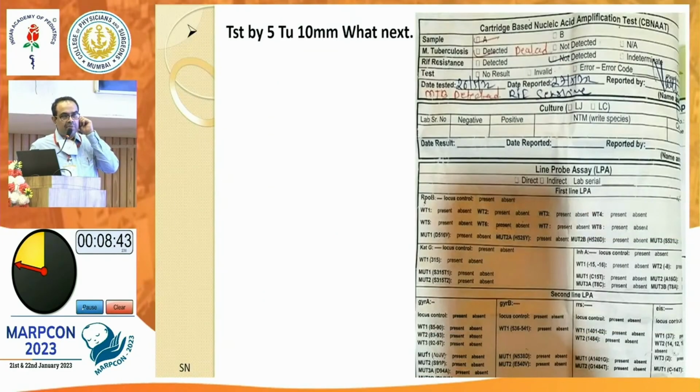Okay, we have CBNAAT or GeneXpert available. There are 2 advantages of that. At the outset only, we get rifampicin sensitivity. You go for a universal drug sensitivity by this. Yield is more compared to what we used to do, ZN staining by smear. Yield is more, almost 30 to 40%, depending on which case you had selected. This case fits the diagnosis of tuberculosis, so there is high chance of isolating it.